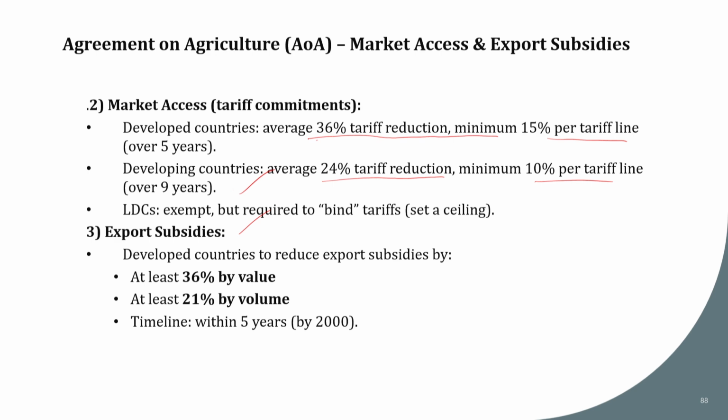So in order to prevent that, the countries need to agree, because most countries have been giving export subsidies. Over time they agreed to reduce the export subsidies. So the developed countries agreed to reduce this much. Similarly, the developing countries also need to cut down their export subsidies over time. This is within a 5 year time, they need to attain this by the year 2000.